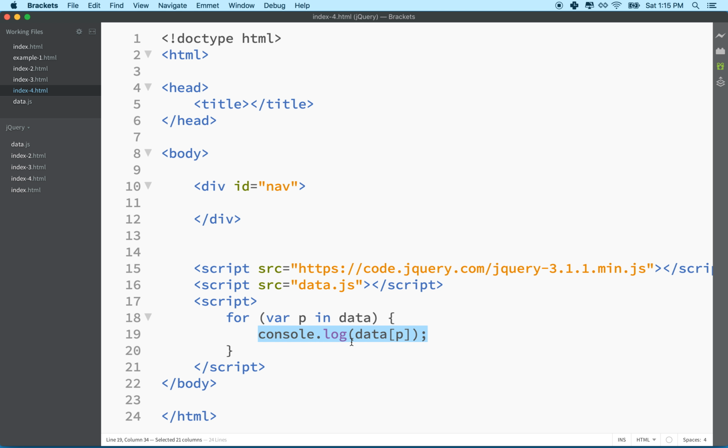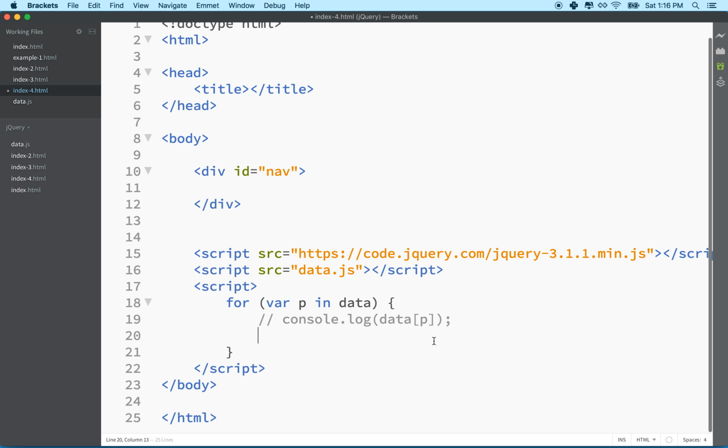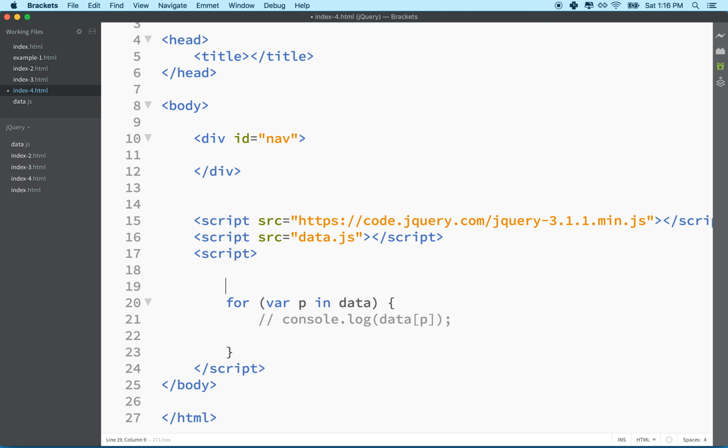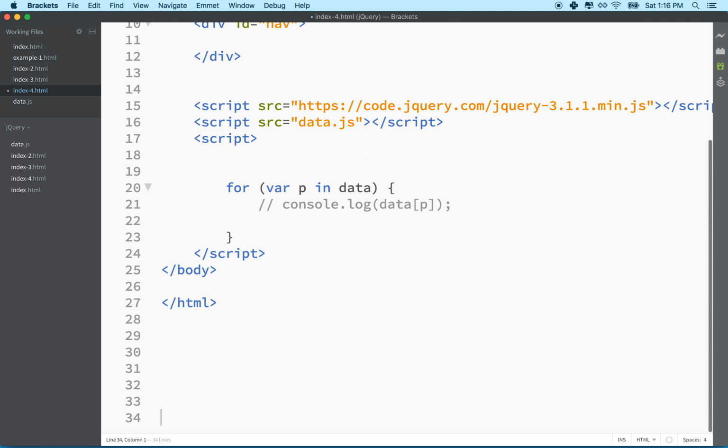Okay, so right now we've got this loop here that loops through each item in our data, but what I want to do is add an element, like a tag, here for each one of those items. So what we'll do, actually, I'll just leave that console log message there, but maybe we'll comment it out. We don't need to do that all the time, right? So what we'll do first is, outside of our for loop here, let's add a little bit of space there, right? We'll make a variable. So we'll say nav